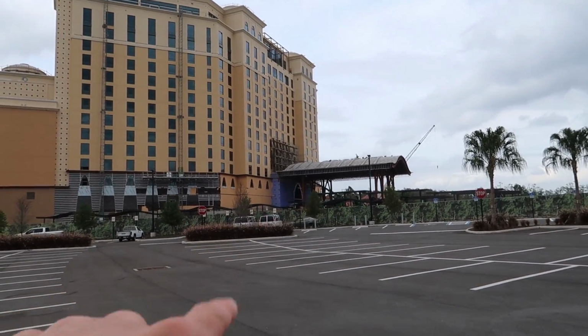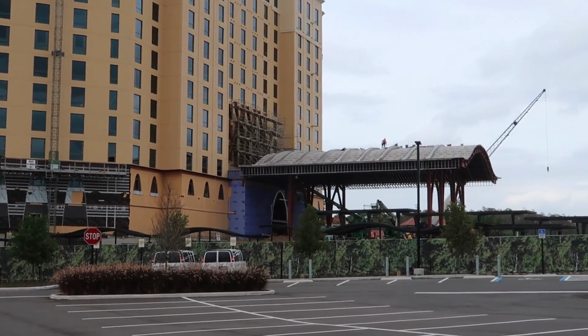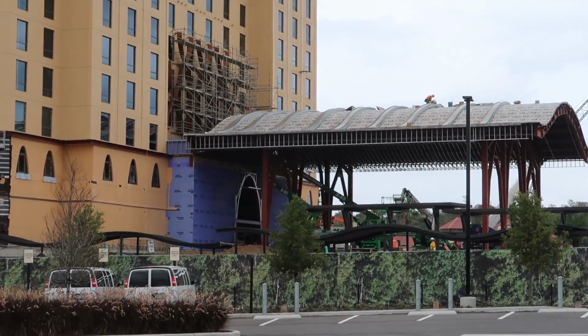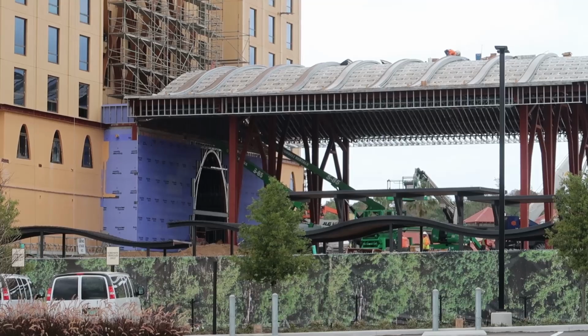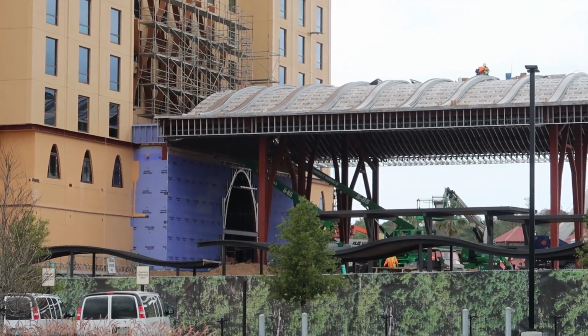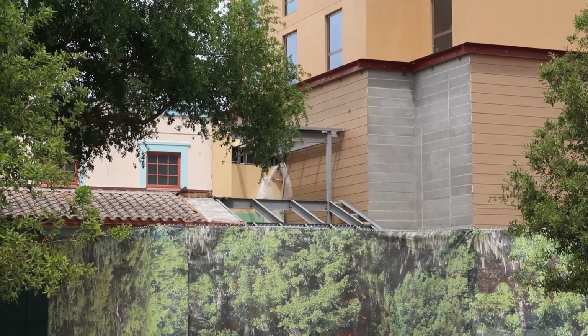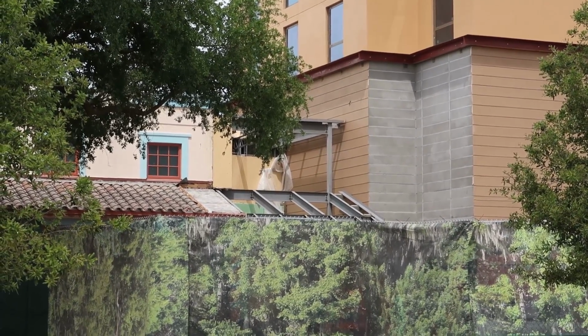Yeah, you can see there's a little golf cart driving on top of some dirt. Look at how high up it is. I almost said look at how tall up it is. Look at how high up it is. So yeah, you're definitely gonna ramp up and drive in there based on where that golf cart is. Ooh, right here you can see how they've started making the attachment point between the two buildings,